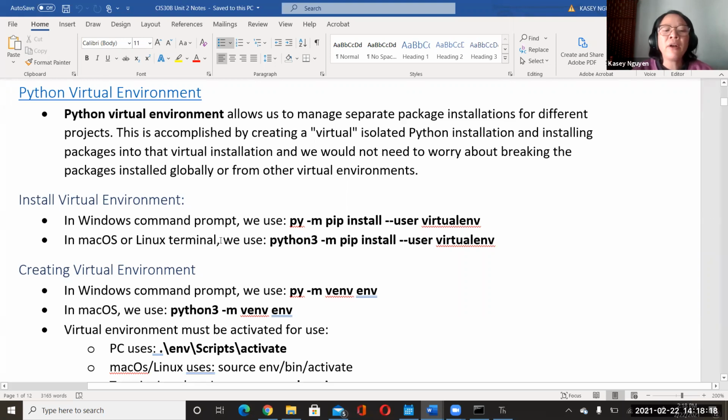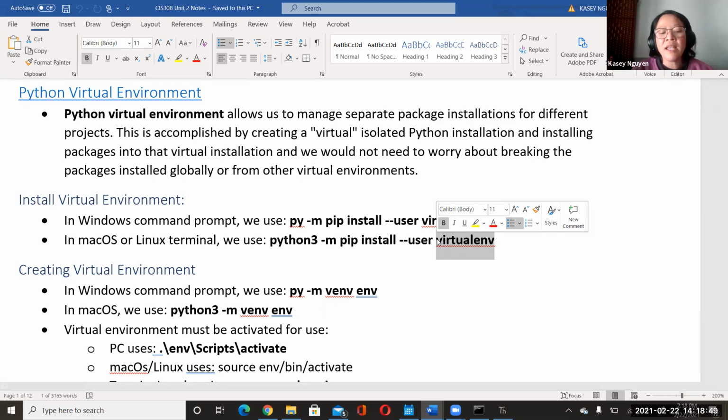Depending on the release, make sure you check out the version that you use and see how that correlates with the commands. For Mac OS, you would use Python 3, and then do the pip install. Ultimately, we tell it that it's going to be virtualenv, and this is what it's going to bring in. It's going to install that on your system.